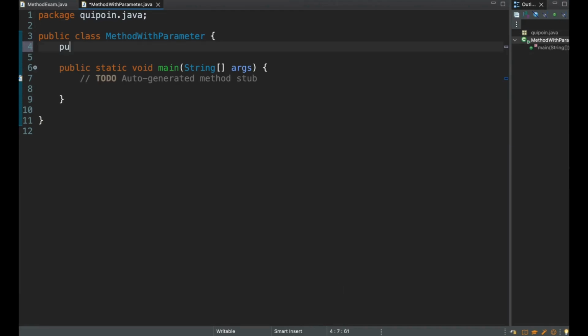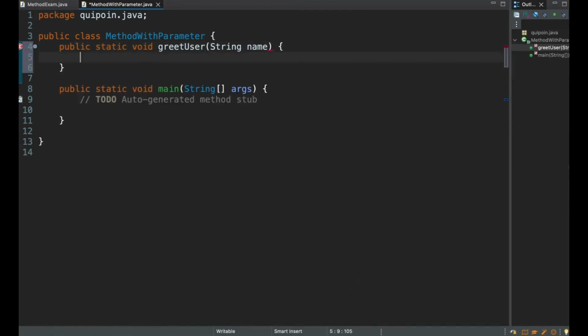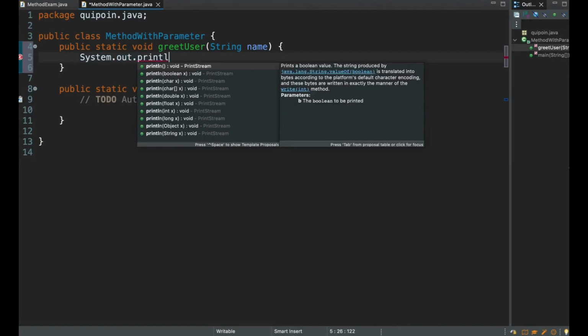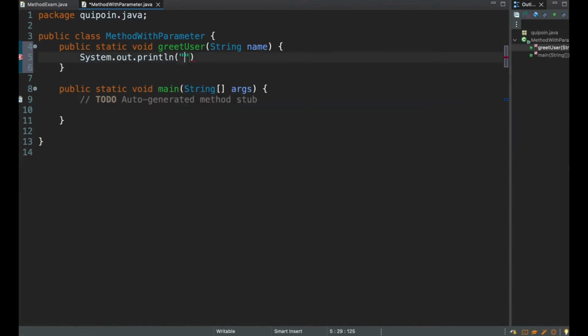So we will write public static void greetUser, then parentheses, inside that String name, then we will put curly braces, then we will print System.out.println, and we will write "Hello, " then a plus name, then a plus sign, and then with exclamation we will write "welcome